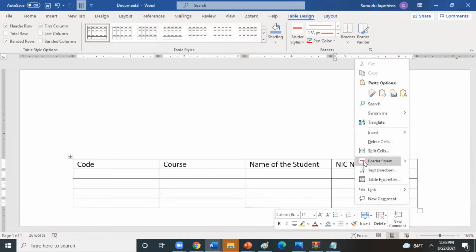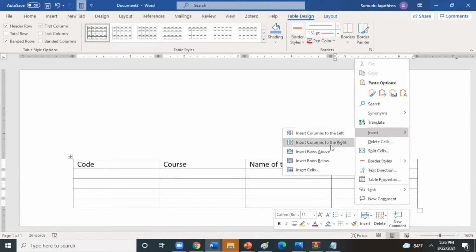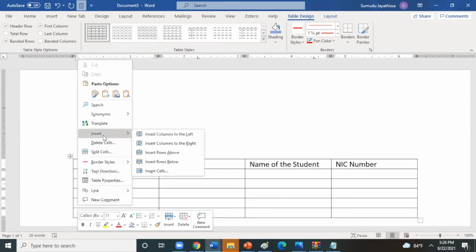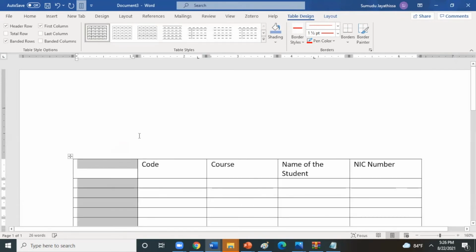If you want to get a row above, I can click. If you want to get more columns, and you need the left column, select here and insert column to left. So you can insert column to left, or you can select column to right. So here also I mentioned date.